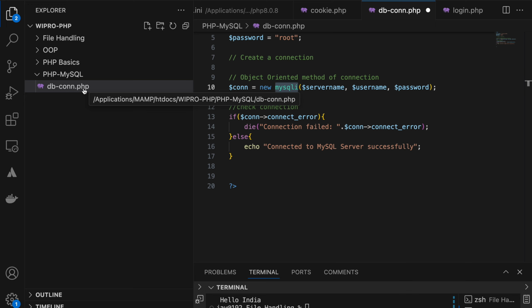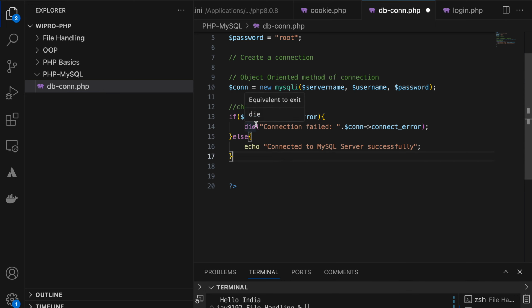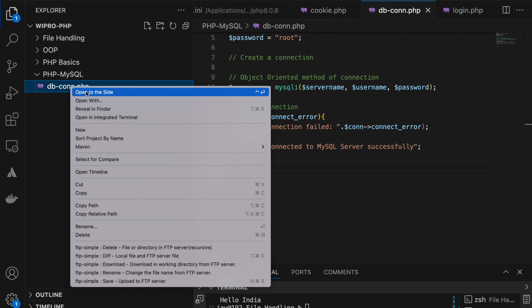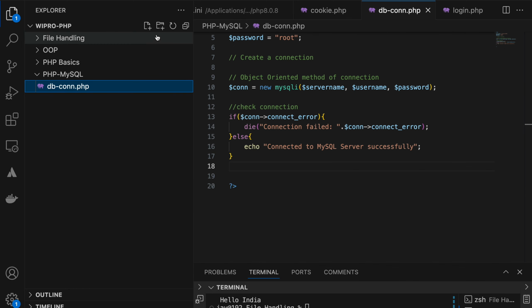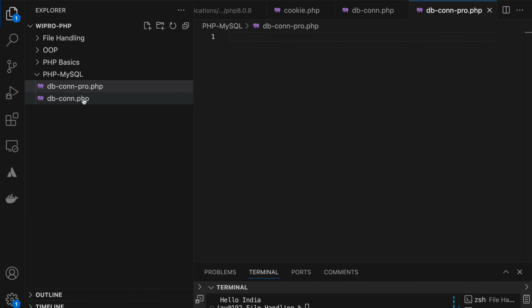So what can be another method? I am creating db-con.php, procedural, right?